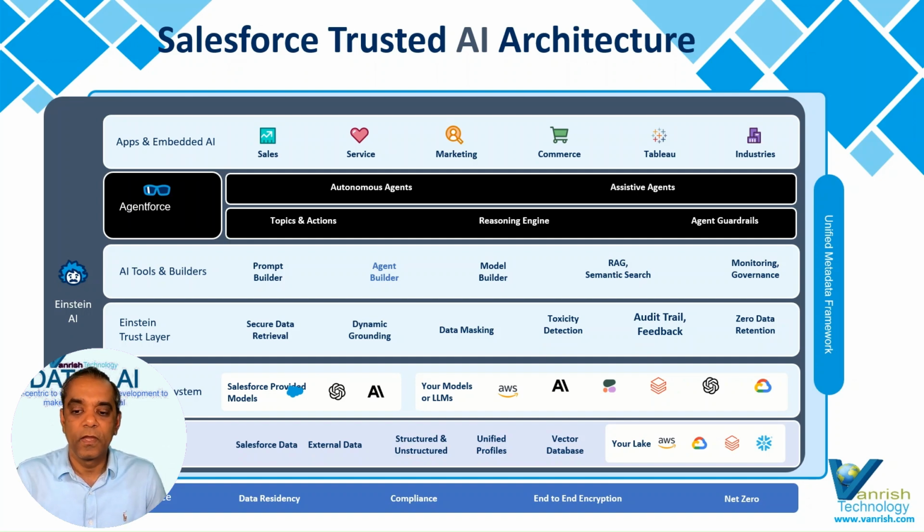Another very important part of this architecture is the ethical guardrails. Every time I mention guardrails, it is because they are a very important part: any sensitive information you don't want to expose to your customer or anyone else is handled by the guardrails, and any compliance requirements are also taken care of by the guardrails. So Salesforce embedded its AI ethical principles into all product design.